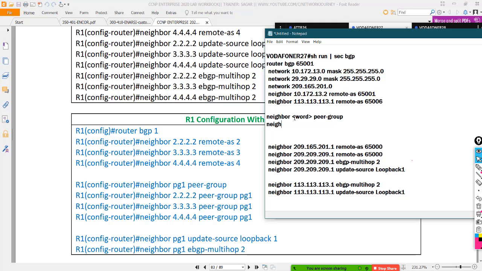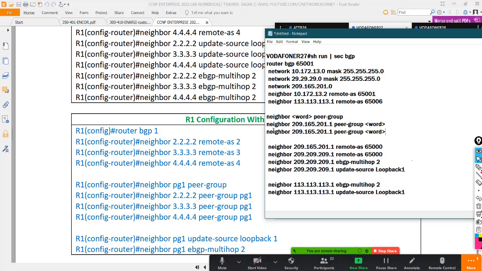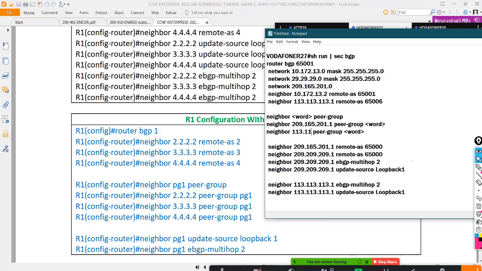You define the neighbor, whatever neighbor this is, and then you say peer group and that word. You just make use of this once again, something like 113.113.113.1.